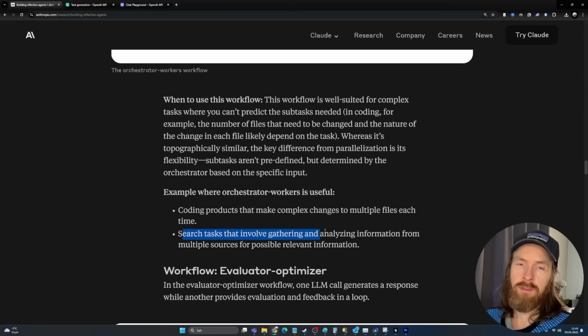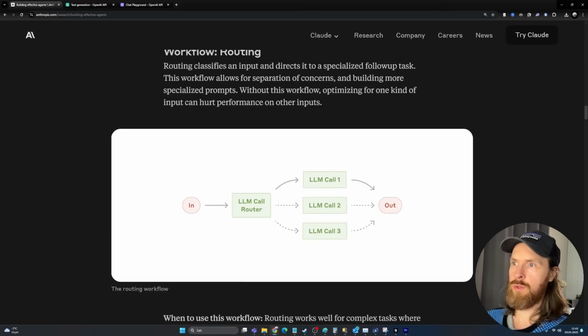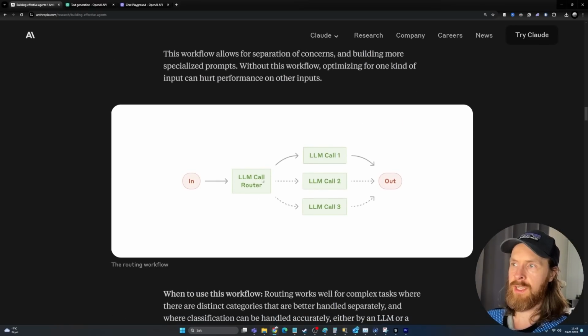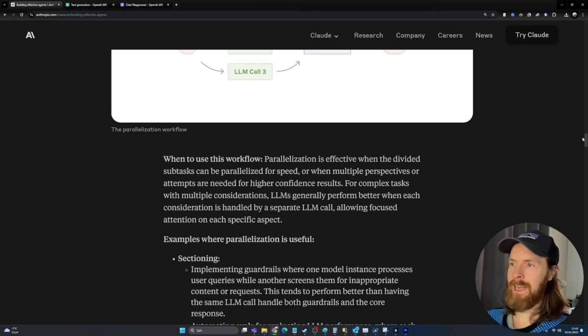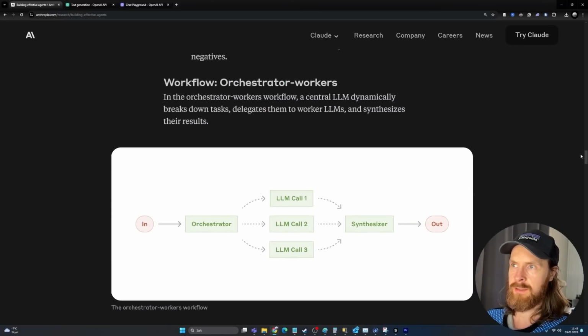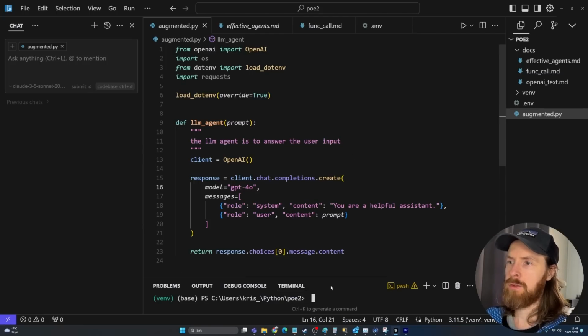Search tasks that involve gathering and analyzing information from multiple sources for possible relevant information. I would say it's pretty similar to what we looked at here for routing, but this time we're not just going to route based on what we have here. We're going to delegate this more into tasks, right? So again, we're going back to our simple code with our API call here with the LLM agent